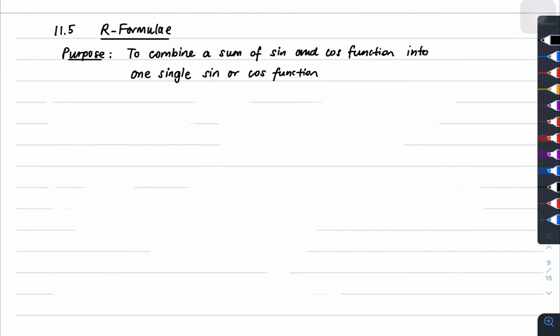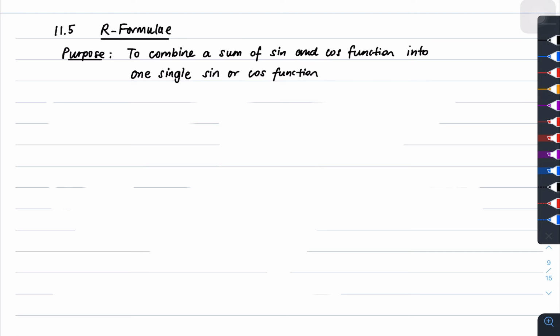Okay, hello everyone. So today in this video, we're going to look at 11.5, where we will learn one new concept called the R formula. The R formula is one of the more useful tools that we see in trigonometry. The purpose of using the R formula is to combine a sum of sine and cosine function into one single